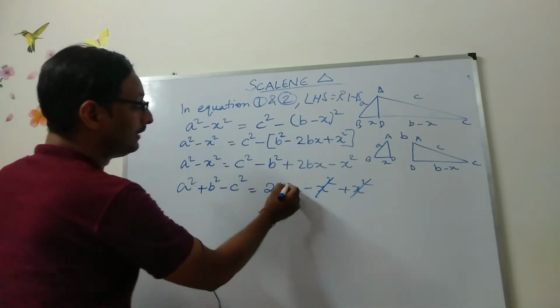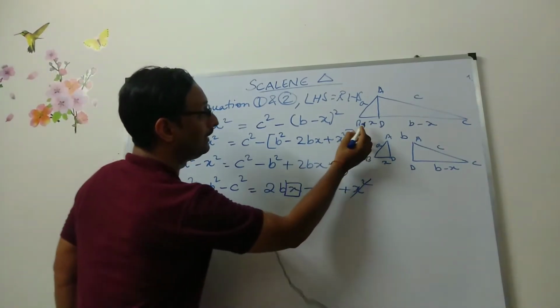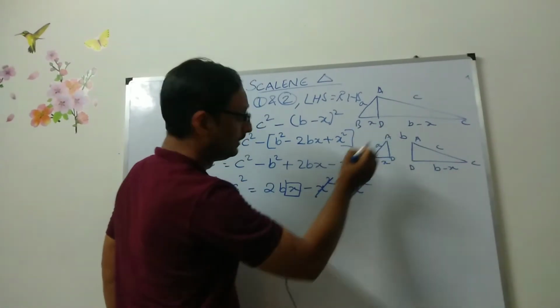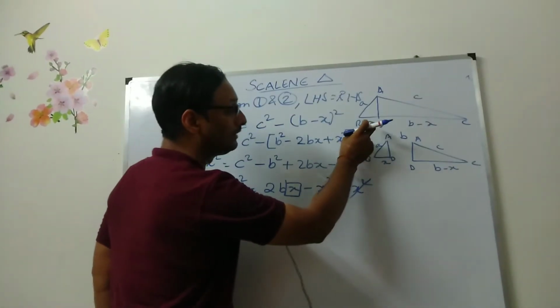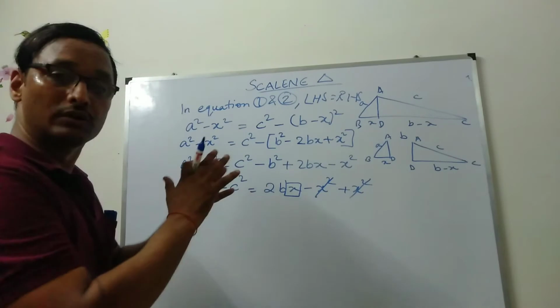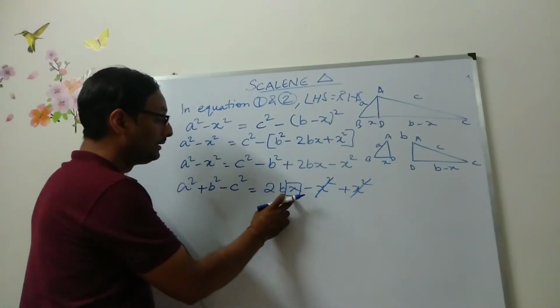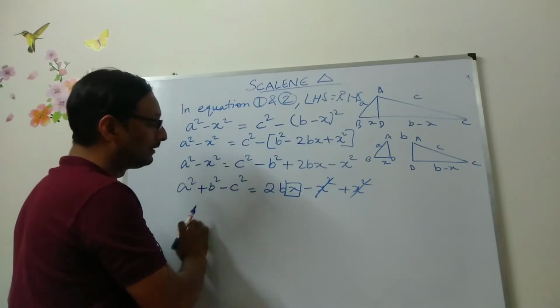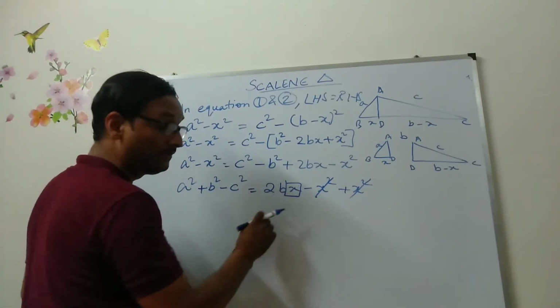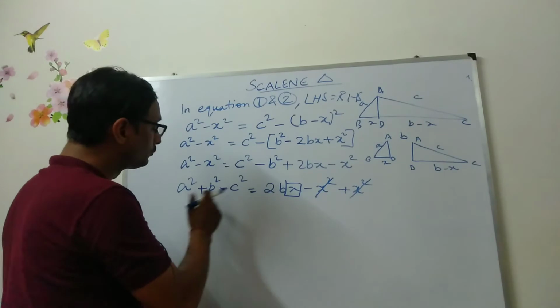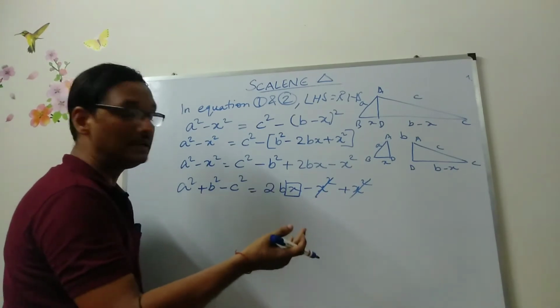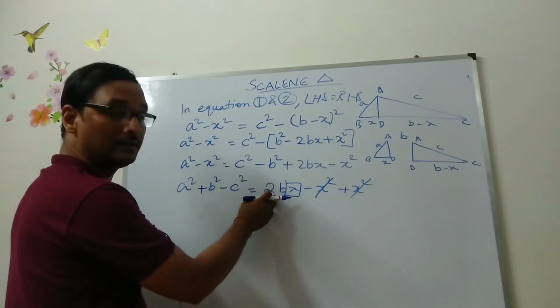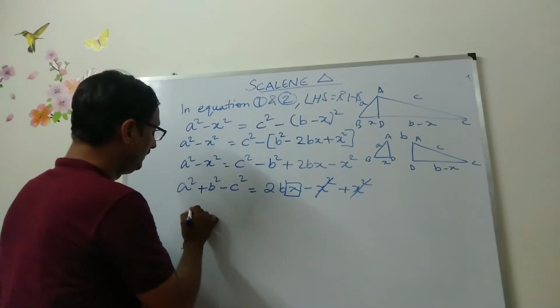So what can we write? We need to find out the length of this X. If I am able to find out the length of this X, I will be finding out everything. So keep this X on this side and send the rest of the things to the other side. What is the relation of 2b with X? Multiply. If this 2b goes to that side, then it will be nothing but divide. So X